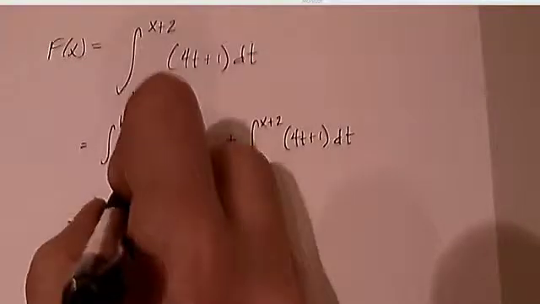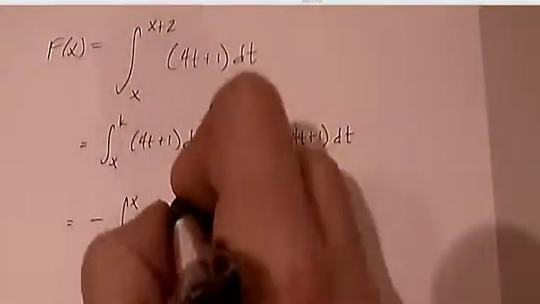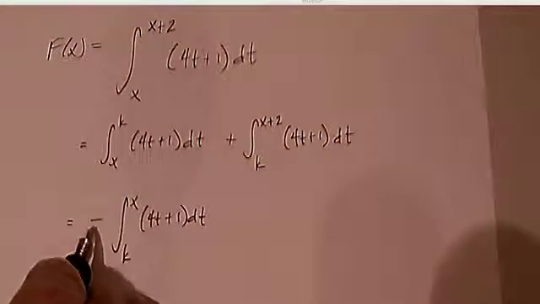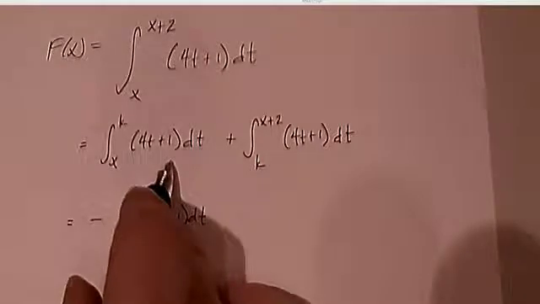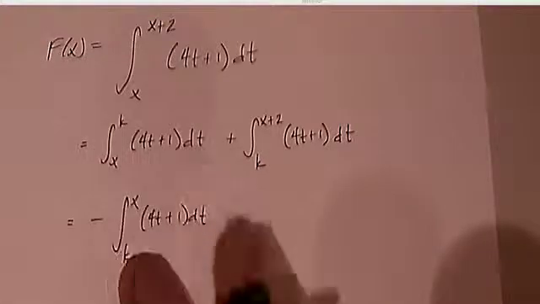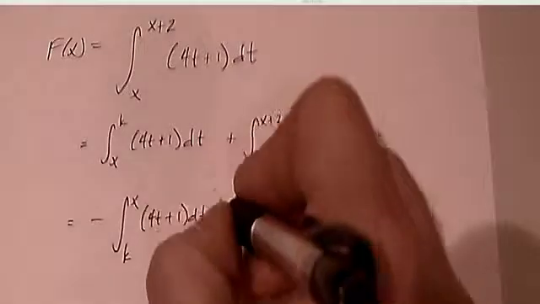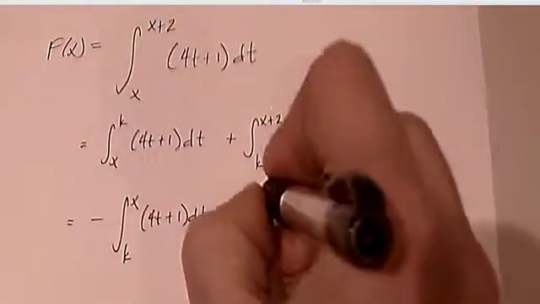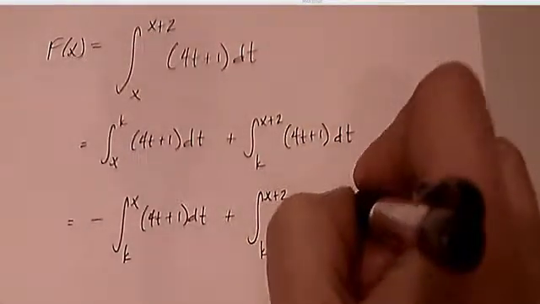And so we have to flip the limits of integration around, and remember, of course, that the reason why when we flip the limits of integration we put a negative out here is because all definite integrals are implied differences. And when you flip the limits of integration, you flip the order of the difference. When you flip the order of the difference, you get a negative, right? 5 minus 2 is 3. 2 minus 5 is negative 3. Well, even when you're dealing with it in terms of variable expressions and not actual, known numbers, the principle